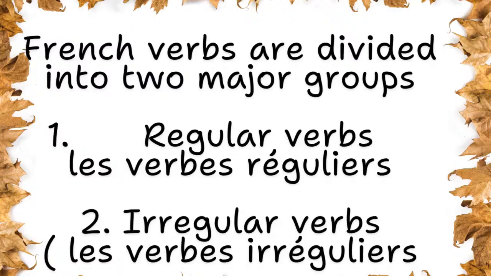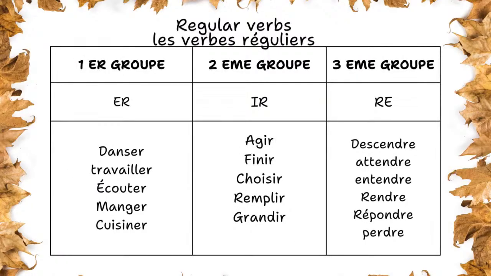We have the regular verbs, les verbes réguliers, and the irregular verbs, which are formally known as les verbes irréguliers. So we have two major groups. Now let's start with the regular verbs. When you talk about les verbes réguliers, we are talking about verbs that follow a particular pattern, meaning they end in a similar way or they have a stem,